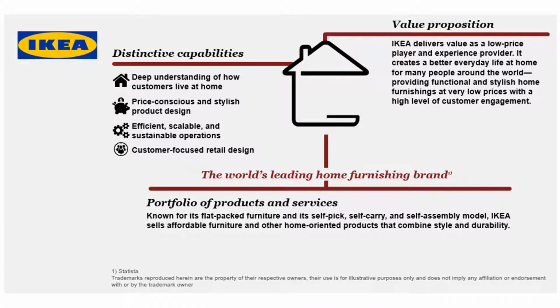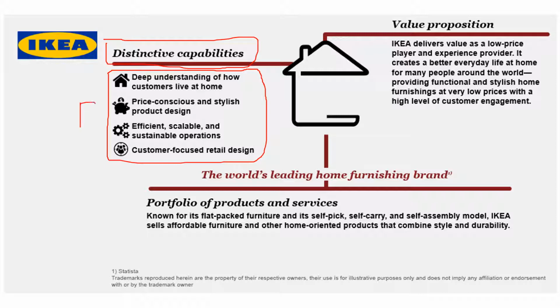Here we can see that IKEA, this is a bit of consultancy work done on IKEA. We can see there's reference here to their distinctive capabilities. In particular, it's their reputation with the customer. That is their distinctive capability. So there's an example here of a business that has a distinctive capability under the category of reputation. And again, this allows them to generate a competitive advantage.